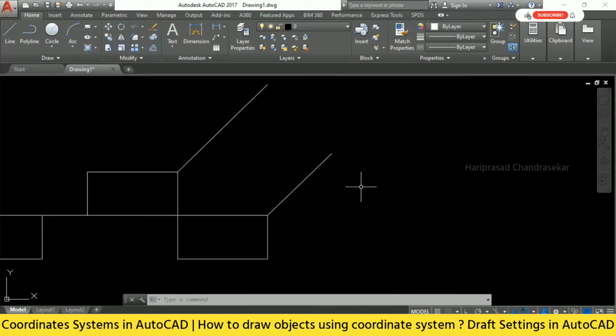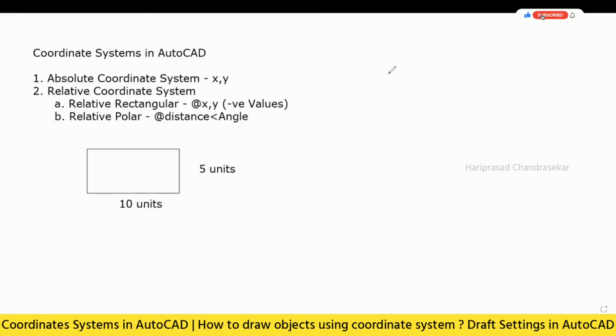So what we must know in absolute coordinate system is this graph: x and then y. You can consider this as 0, 0, and then 1, 2, and so on up to 10. And then here 1, 2, and so on, I will put up to 5.